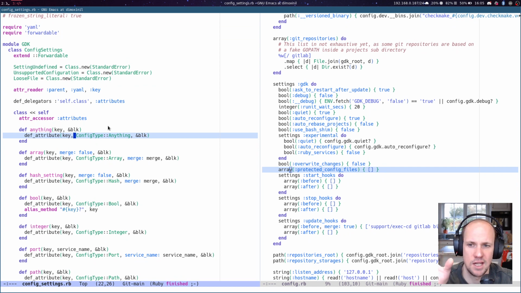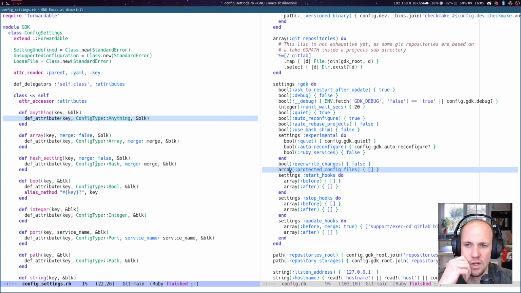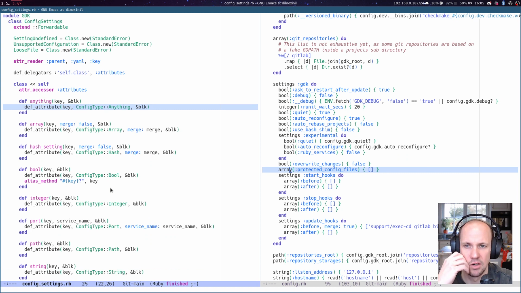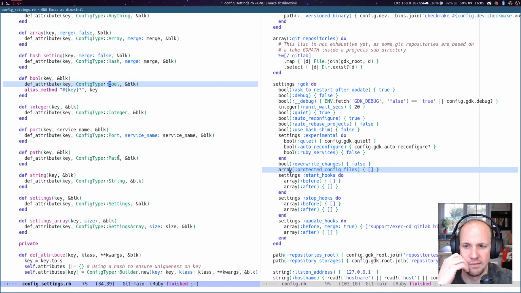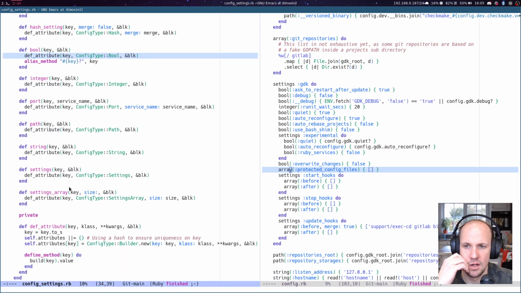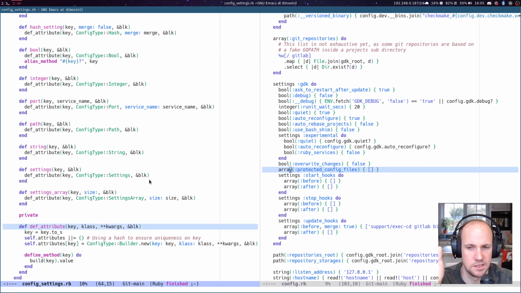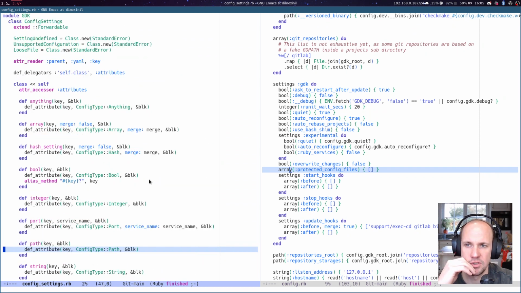And basically these DSL methods are defined in here. So they're just syntactic sugar around how you can define different config types, so it's not really important here. But as you can see, there's a config type class for each type of attribute we have. Then that calls the dev attribute methods, which is doing a bunch of other stuff, but we'll dive deeper into this. So all these are, and that's the main takeaway you should have from this presentation,